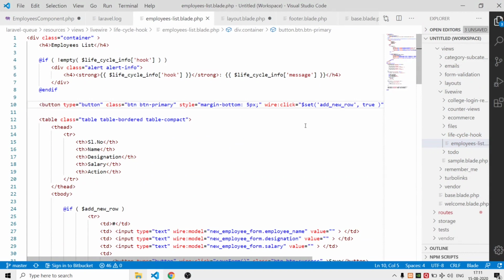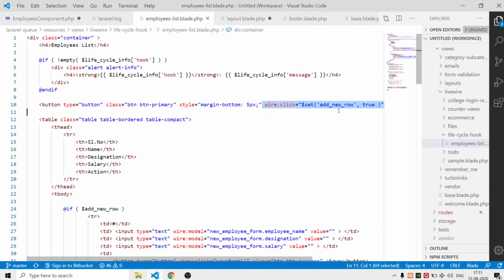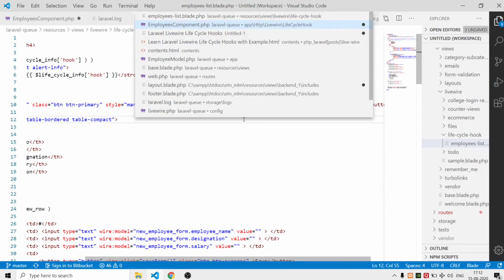So this is the code, and as you can see, on wire colon click, I call the $set method. I use the property followed by the variable and the value to set the data. Okay, and the next thing is